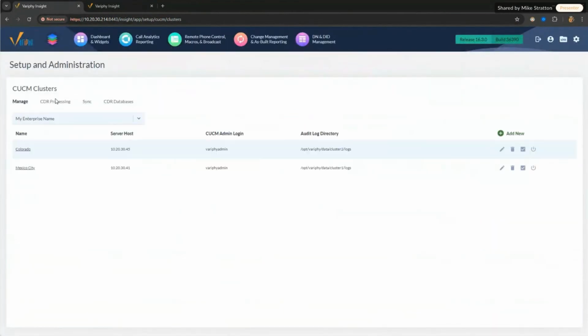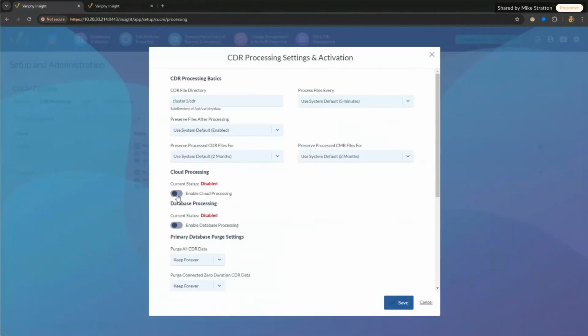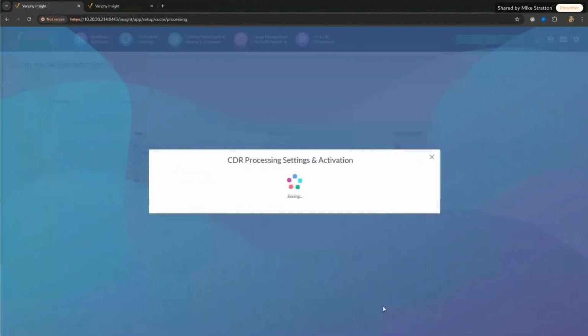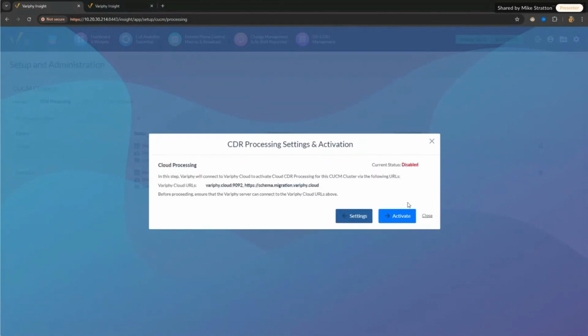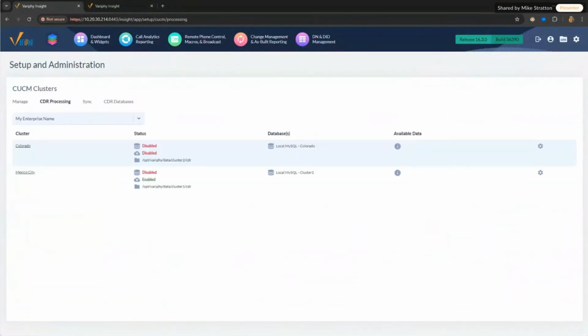If I turn on processing, in theory, this should write the data up to the cloud system. I haven't tried it. This is a demo system. We'll go ahead, and it may not do it, but give it a shot. I'm happy to see what happens. But yeah, and then you would just take the same